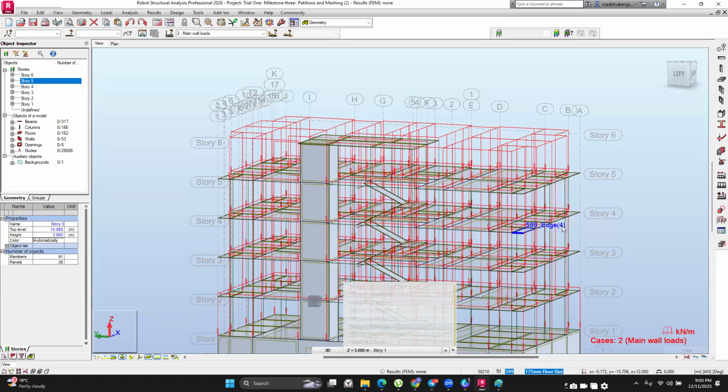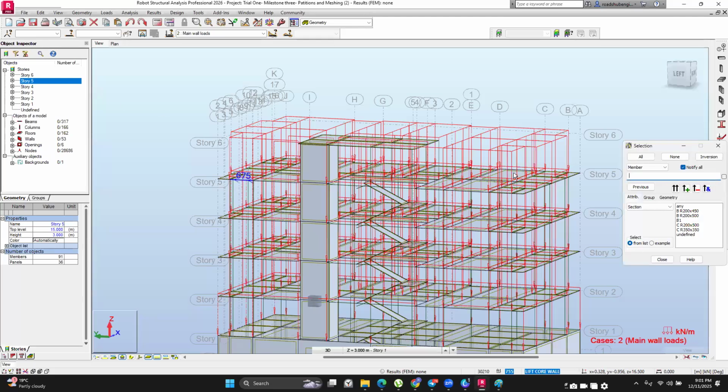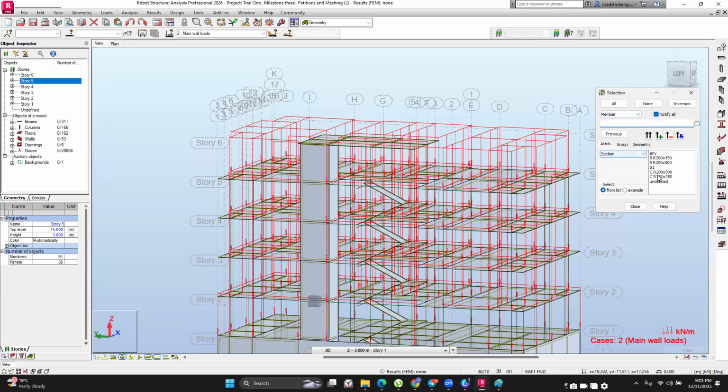So now what we do here is we edit these loads. The first thing that I'm going to do is select the beams at this level here. So I'm going to go to member selection. I want to select my main walls for story 5. Let me see if they're going to be selected. So if I go to group main wall beams,